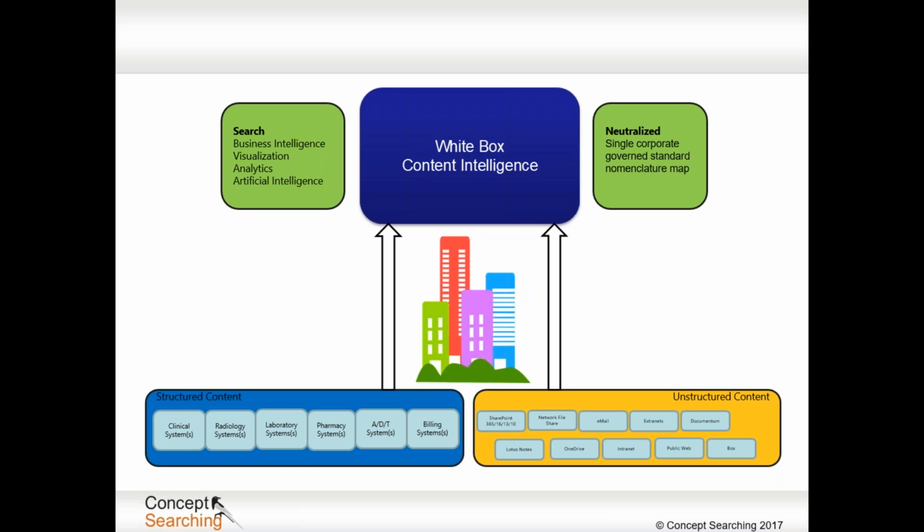And on the left at the bottom is all your structured content. So clinical information systems, lab systems, radiology, your ADT system, for admission, discharge, transfer, your billing systems, that's all structured data. We're ingesting both of those up into this white box content intelligence. When we do that, it allows you to do the things that are on the left, which is search, business intelligence, visualization, analytics, artificial intelligence, and on the right, allows us to use the concept search engine